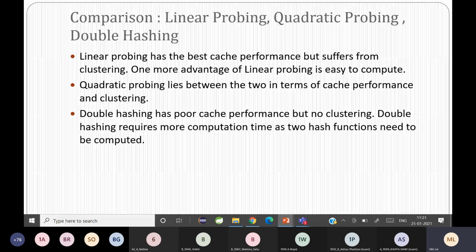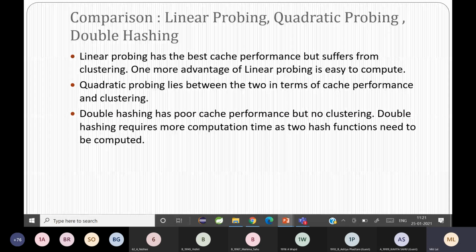So here we are not comparing it. Why? Because the methodology of chaining is different, right? We are using a linked list along with an array. Here, we are not using any other data structure. We are just using an array and placing the data in the available buckets. That's why we are just comparing the clustering between linear probing, double hashing, and quadratic probing. Over there, of course, clustering happens, but it happens in another way. Is it clear? Okay. What about others?